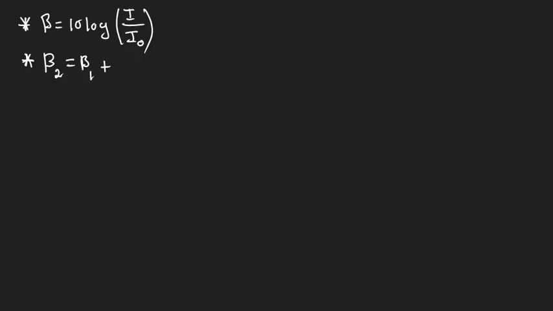These are the most prominent formulas for calculating intensity. Then of course, if you want to calculate the decibels, we use this formula: it is going to be 10 log of intensity over initial intensity. Then if you want to calculate the decibel level 2 given the distances, decibel level 2 is going to equal decibel level 1 plus 20 log R1 over R2. So we'll be using these formulas most frequently.